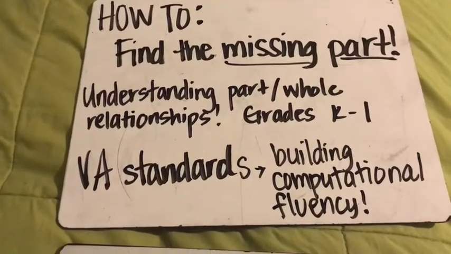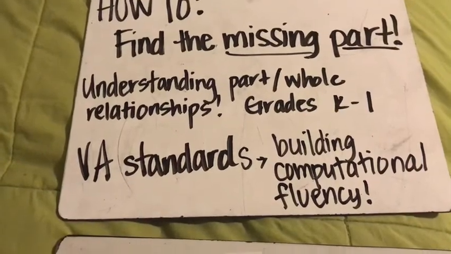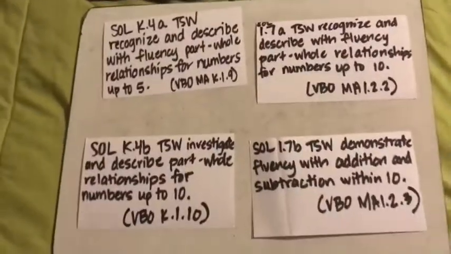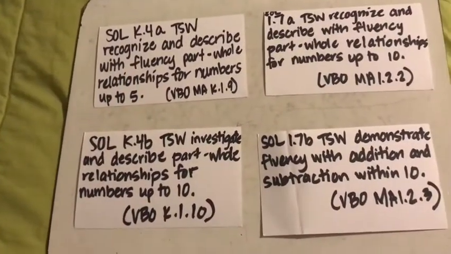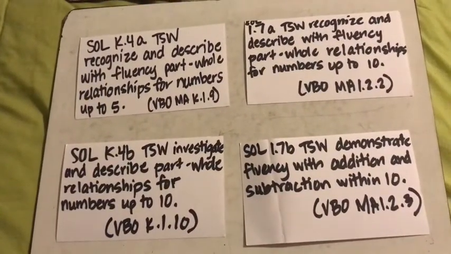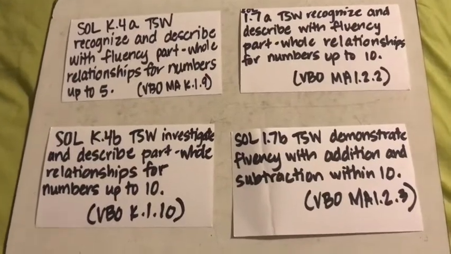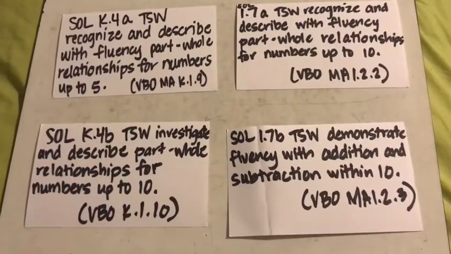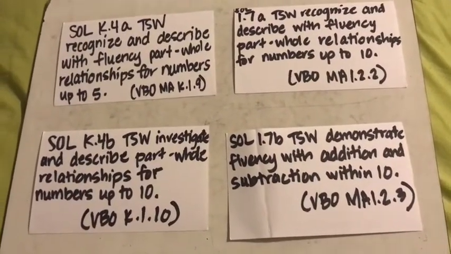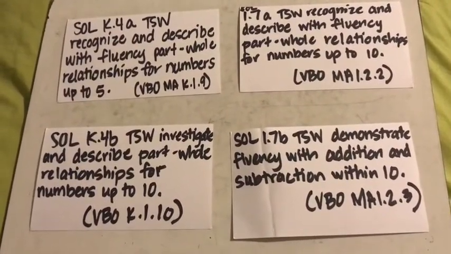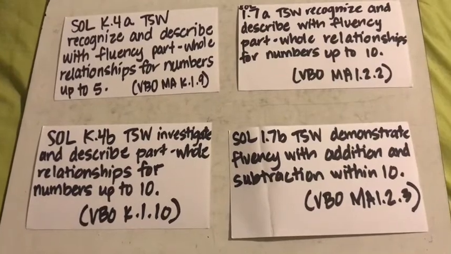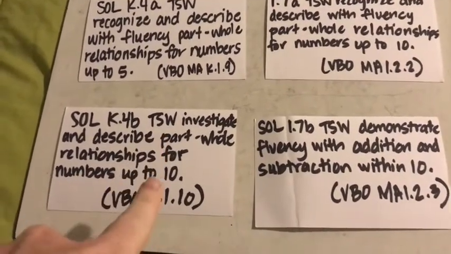So in our Virginia standards, it helps build computational fluency. These are the exact standards for Virginia, the SOLs. So for kindergarten, it's K4A and K4B, and kindergarten students are expected to recognize and describe with fluency. That means flexibly, accurately, and efficiently part-whole relationships for numbers up to 5, and they are supposed to be able to investigate